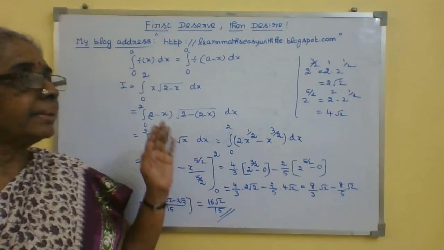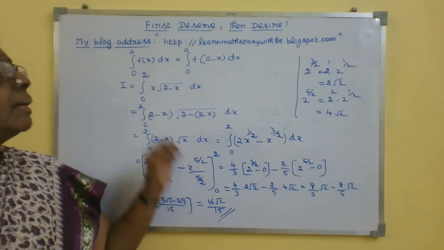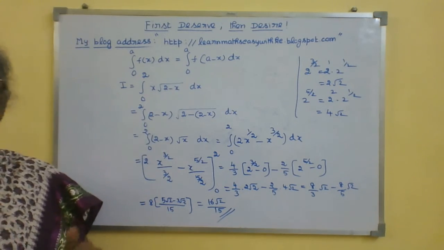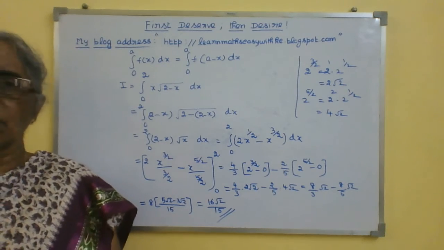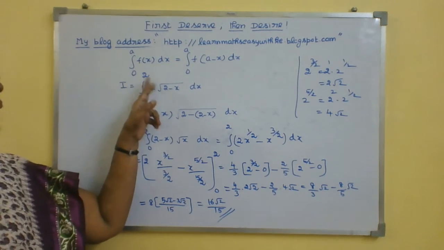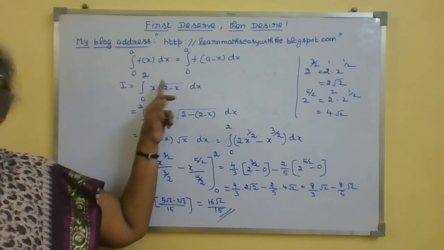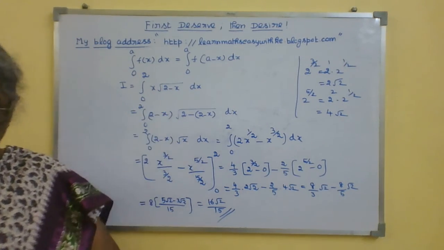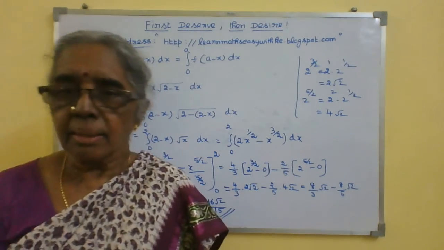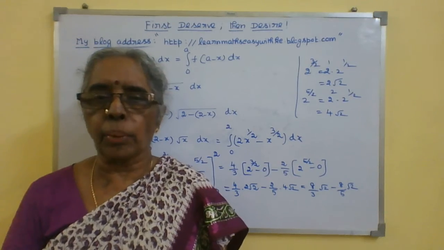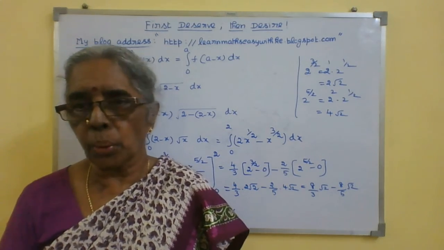So now this is the second type, that is where within the square root or within the bracket, where some power is there, if you get two terms and if the limits are coinciding, like a minus x, in that case use this property. So in the next video we can analyze some more sums where we will be using this property, because this property is very important. We will deal with it in the next video also.